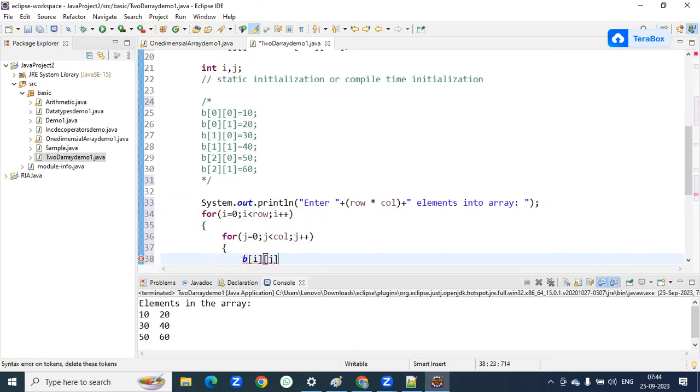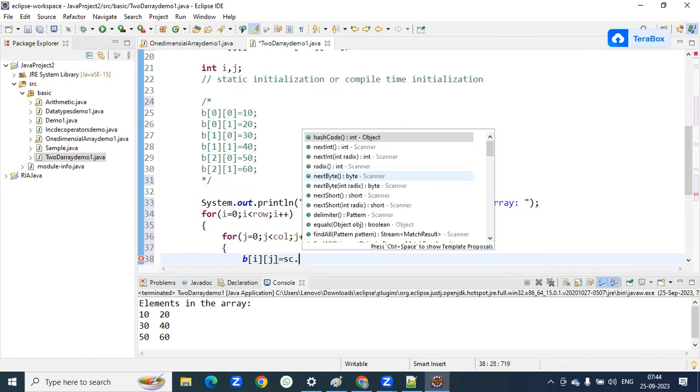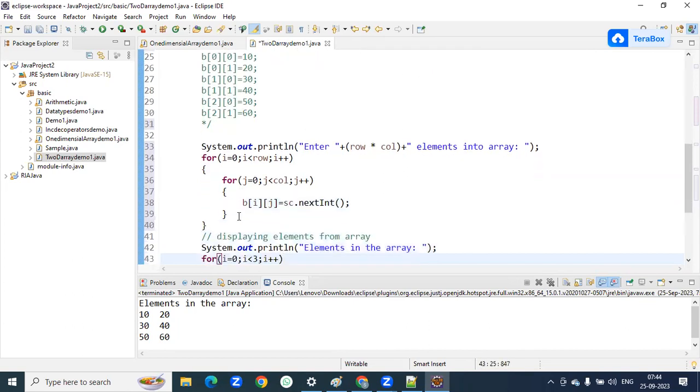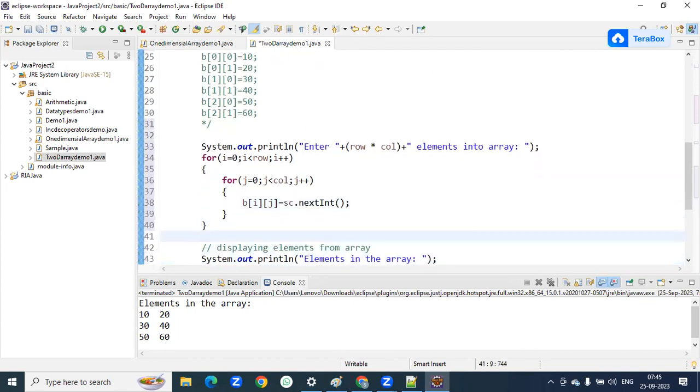Then a of i, j equals sc.nextInt, which accepts the element. See first how this nested loop is going to work. i is 0, i less than row size. If this condition is true,